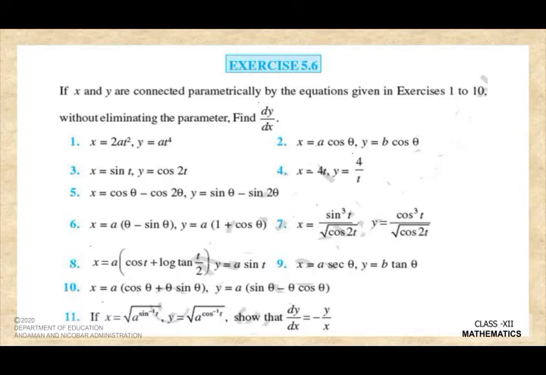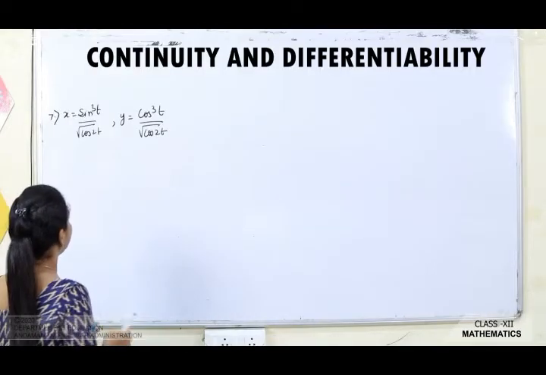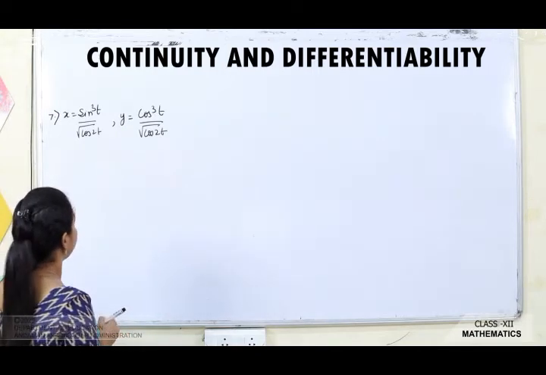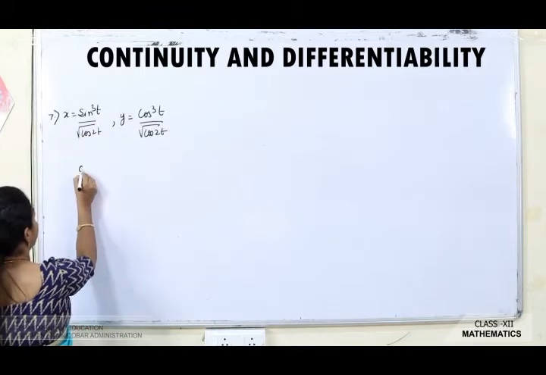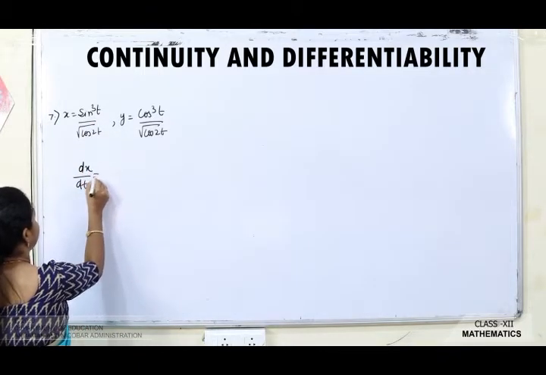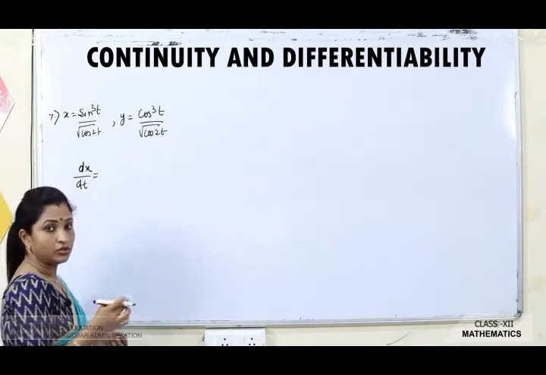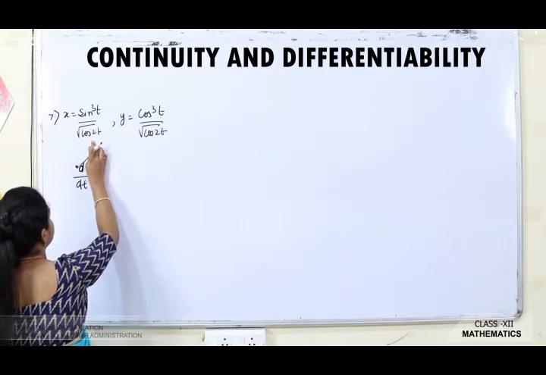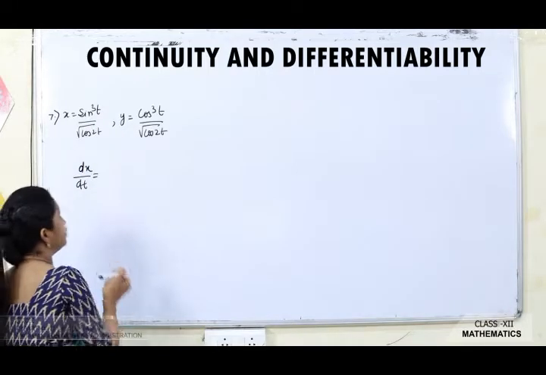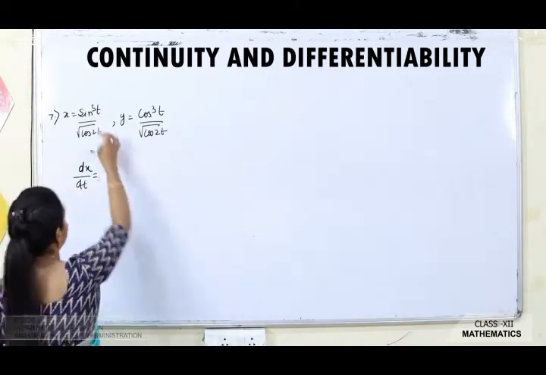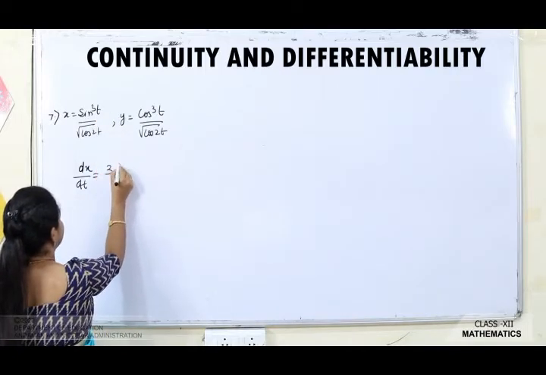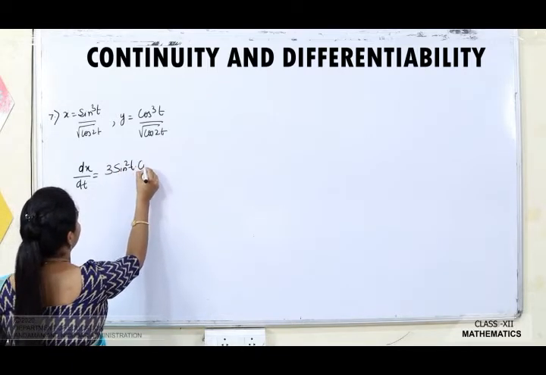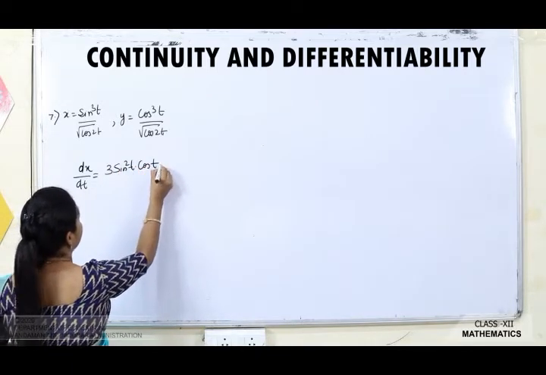So 7th, you can see here the 7th question, x is equal to sine cube t by root cos 2t and y is equal to cos cube t by root cos 2t. Again the parameter is t, so first you will differentiate with respect to t. So you will apply what? Quotient rule here. So quotient rule is derivative of the numerator into denominator minus derivative of the denominator into numerator by denominator square. So derivative of the numerator means you have to apply chain rule. 3 sin square t into, when you differentiate sin t, you will get what? Cos t into